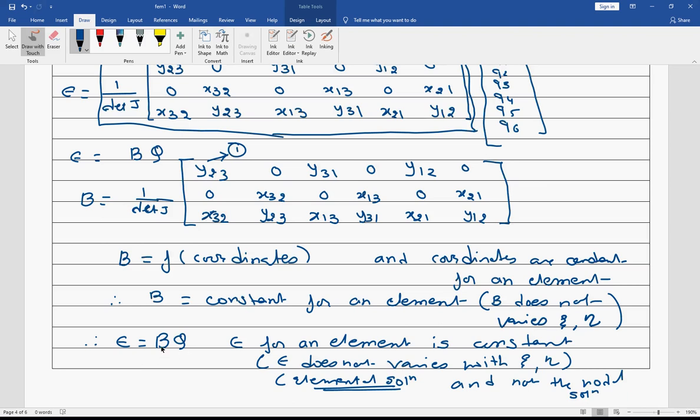Okay, so if the strain is constant, then the stress is going to be constant. So that is why I go for the elemental stress rather than the nodal stress values. Okay, so what it suggests, the strain is constant. And what is the full form of CST? Can you just type it and let me know?